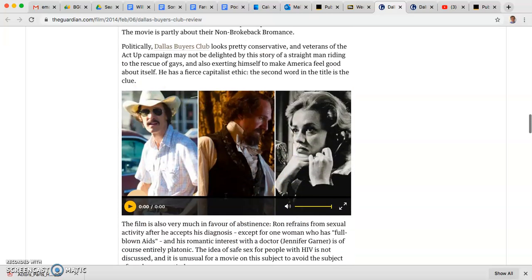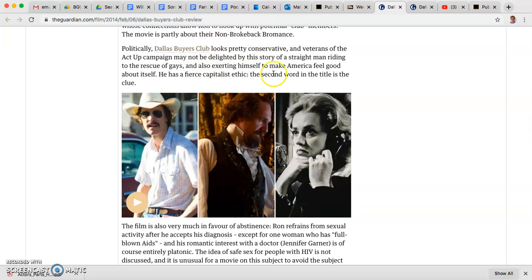So in that sense, it's kind of talking about what the movie is doing politically, but it's also kind of offering a bit of a critique. And I would also argue that this isn't necessarily a negative review of this film, but this is a good example, I think, of how this author is talking about what the film is doing politically, but also addressing some of the counter arguments.